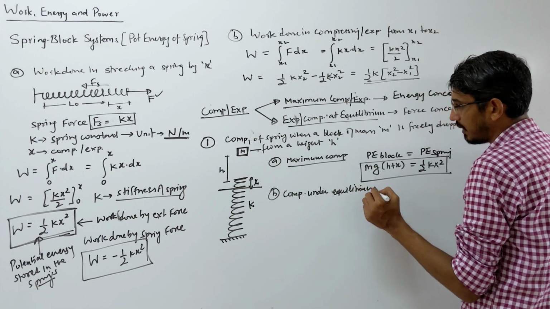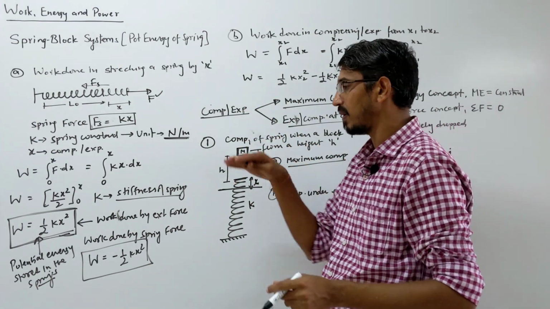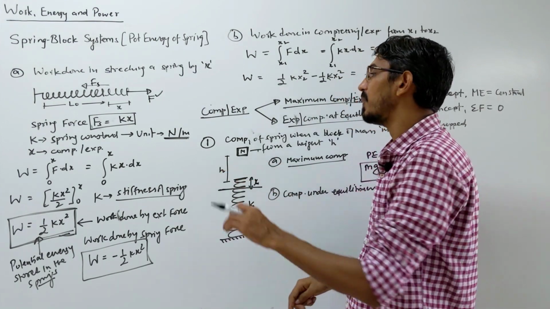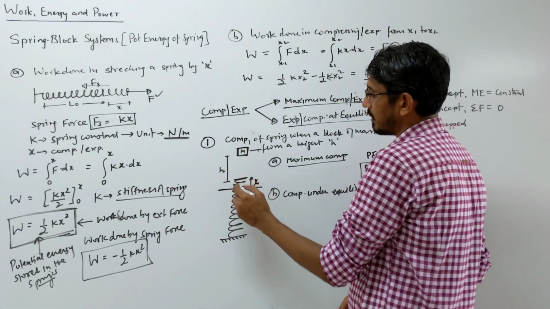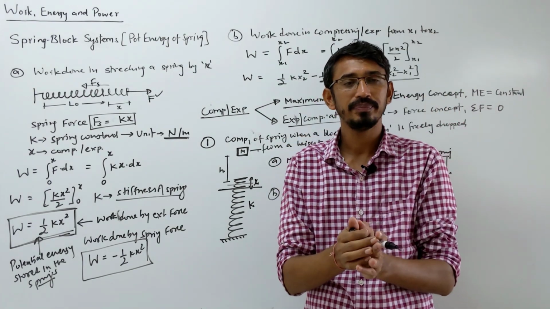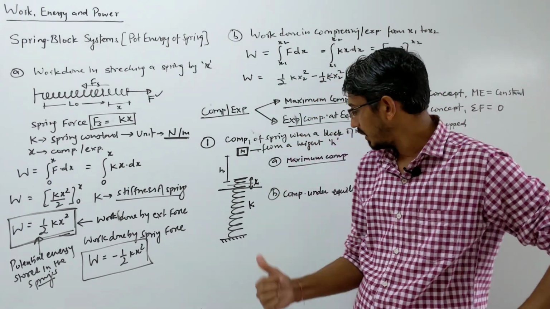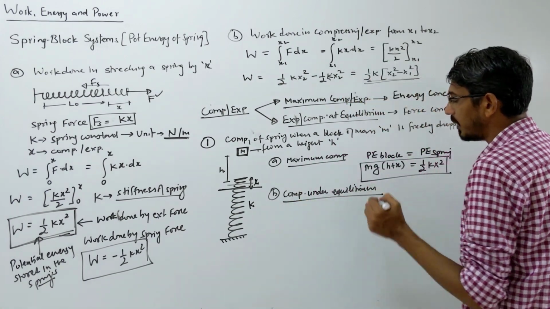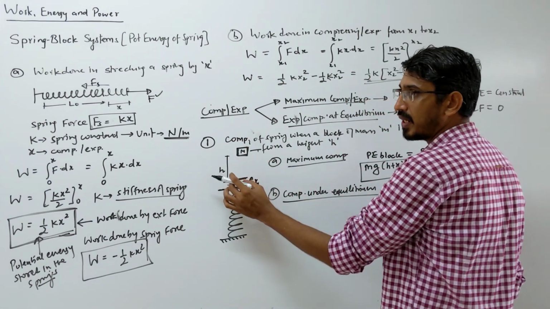So you can understand that when the block falls on this, the spring will oscillate for some time, right? Yes, it oscillates, then it will stop. So it stops at some point here, like this one that we are again calling x. So that will be equilibrium. In that case, as I said already, when they talk about equilibrium, you have to talk about the force concept, right? So look here, under equilibrium, this block will be resting on this spring.